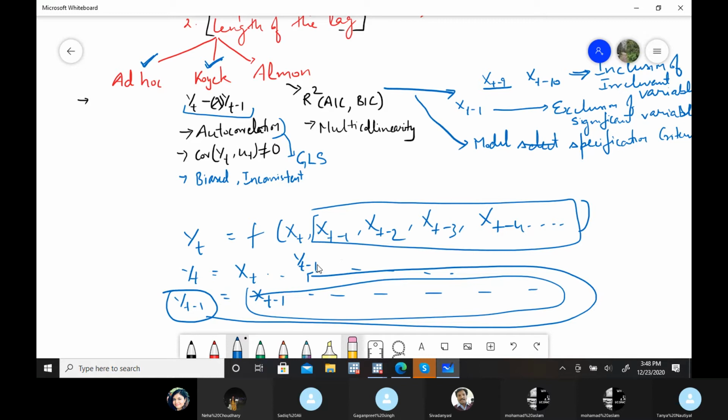Is it clear, sir? We don't have to put energy into deciding how many lags to take. The simple thing is that yt minus 1 depends upon all the other previous lags, so just put yt minus 1 here, and that automatically takes care of all these lag values. I'm telling it indirectly; it's not that Koyck directly answered it this way. Koyck first took this notion of geometric decline, and if you do this particular process,